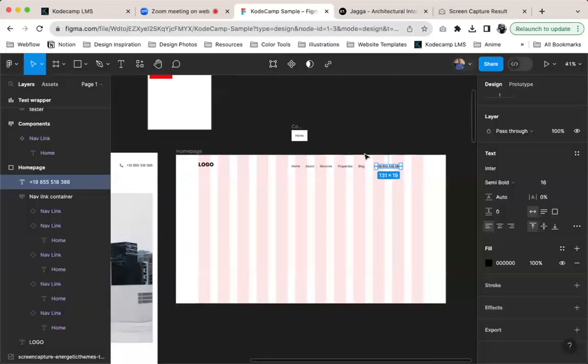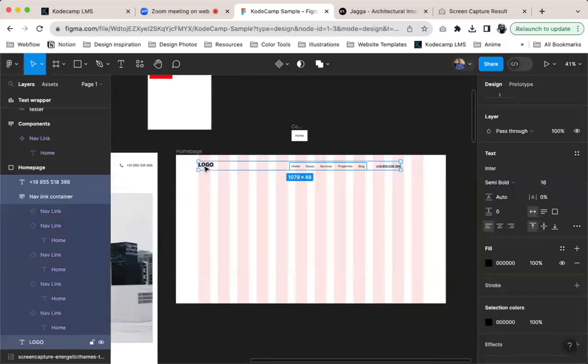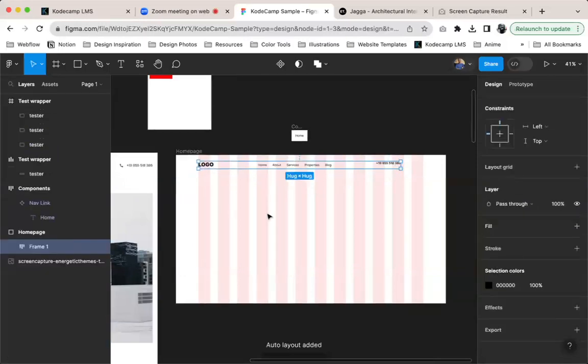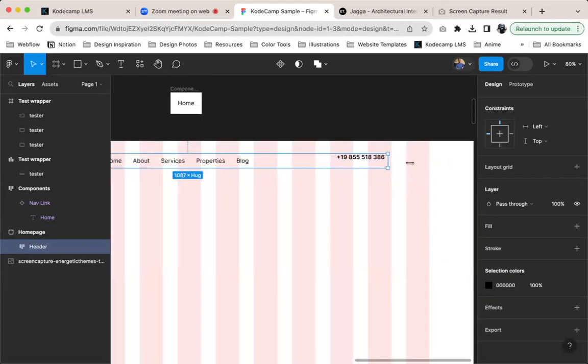So what I'm going to do next is put all 3 of them in an auto layout frame and name it header, because that's what is going to become my header or my nav bar, whichever one. So there's still an issue of spacing. It's still not aligned with the margin. So what I'll do is drag this, and once I see that red line, I know that it's 120 pixels away from the edge of the screen or the edge of the frame. If I check, you can see it's 120. This is the power of using